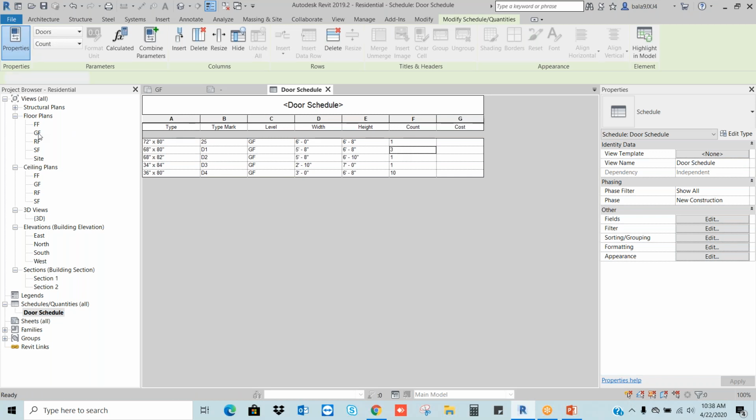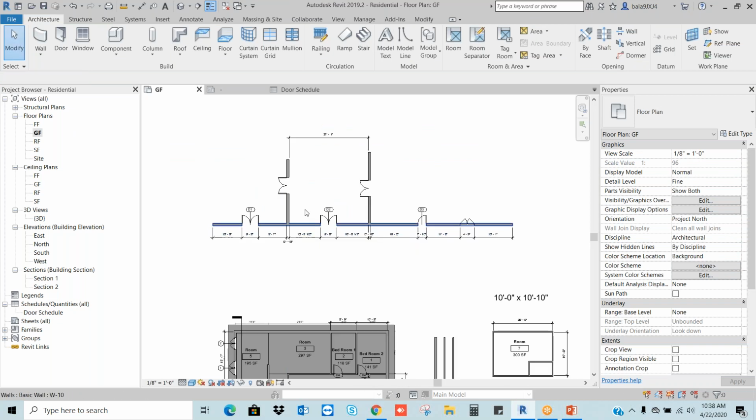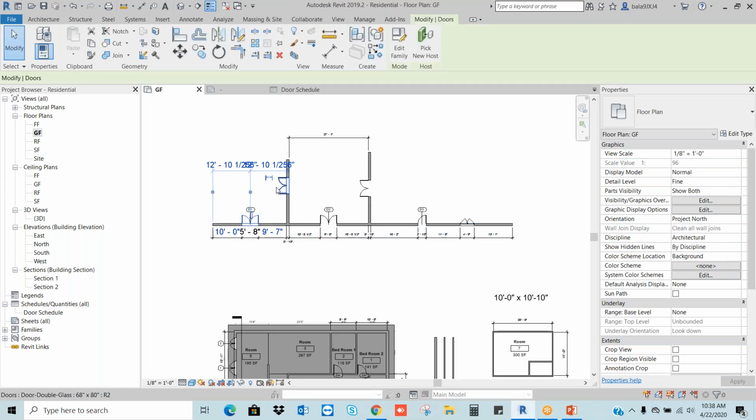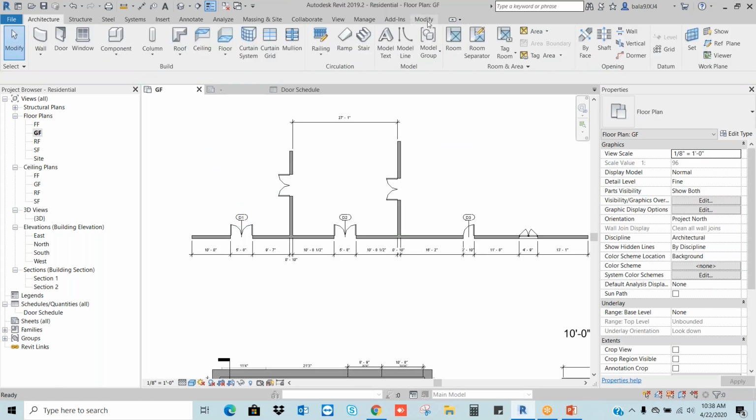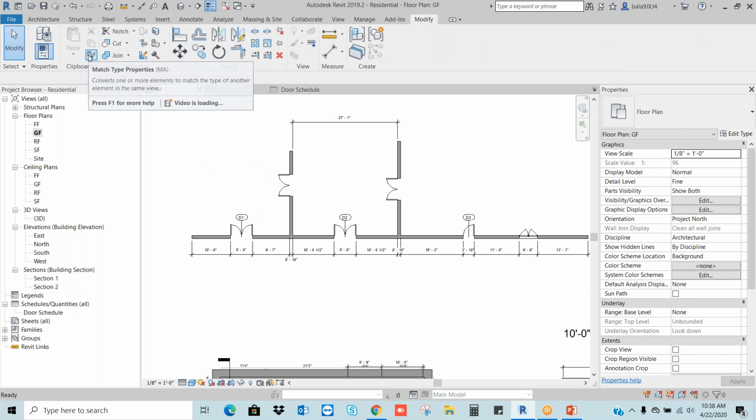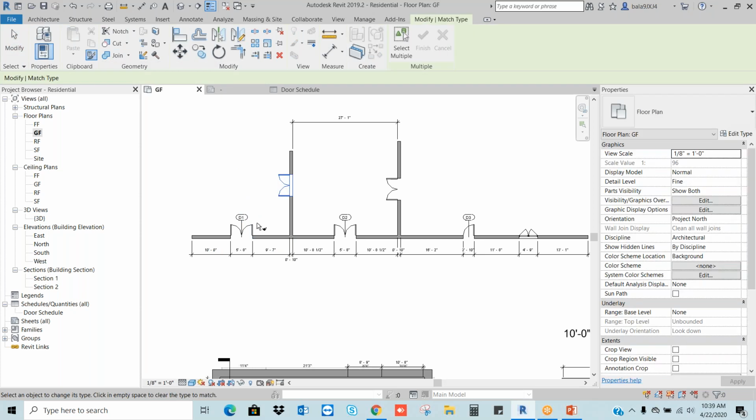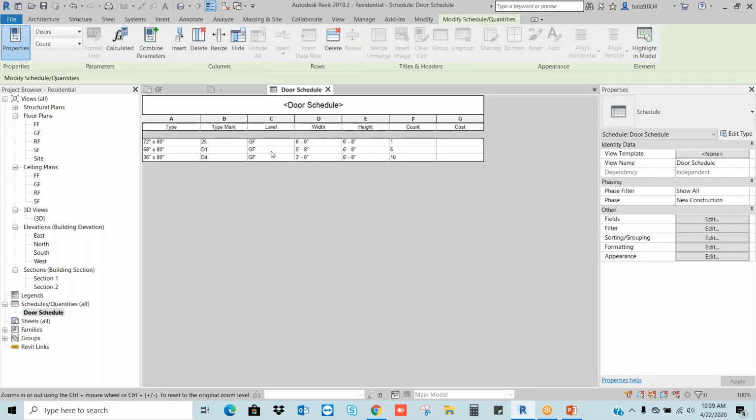Okay, let's say for example, I want to change. I want to match with these doors. Go to the modify. Here you can use the match property. Select match. Okay. See now, check. 5 doors are there. 688.